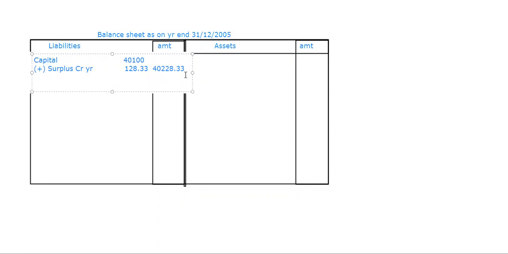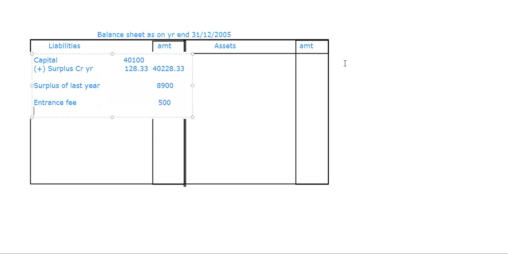Then one more thing we have is surplus of last year. That also we have to take when he has given. We stop the surplus when we use it for something, but here we didn't use it for anything. So that's why I'm going to take it here. Surplus of last year, we didn't use it, so it will be continued in our current year as 8,900. We don't add this, we show it separately. Then entrance fee, which we missed out there. We didn't take it there, no? So that I'm going to take. He said capitalize.